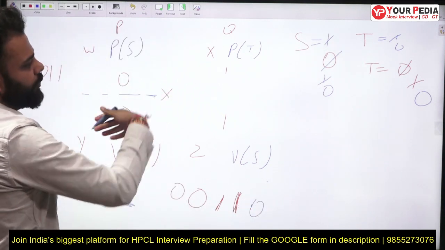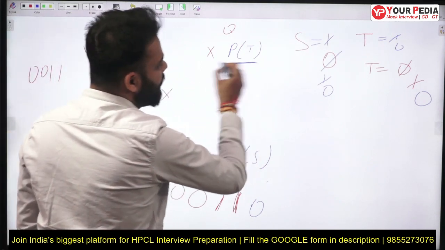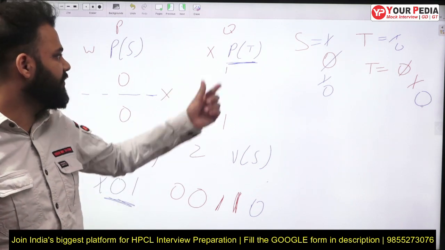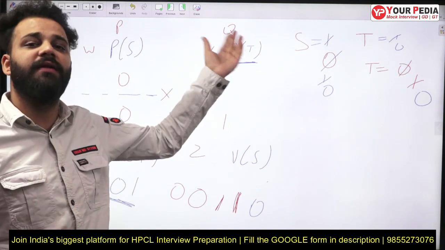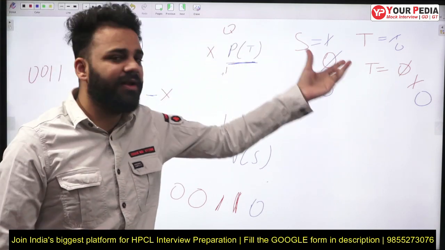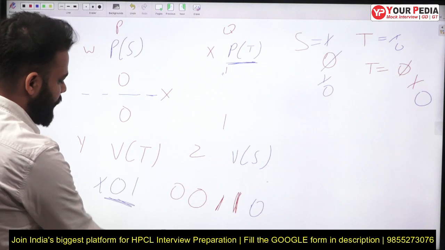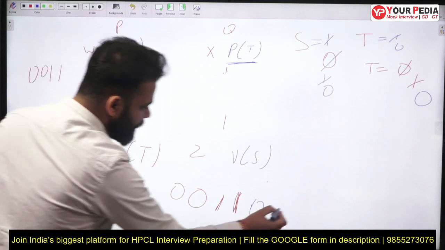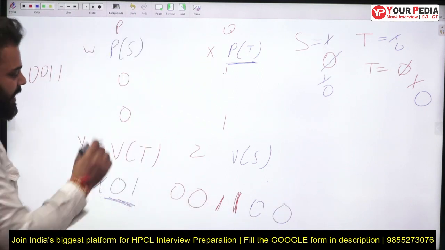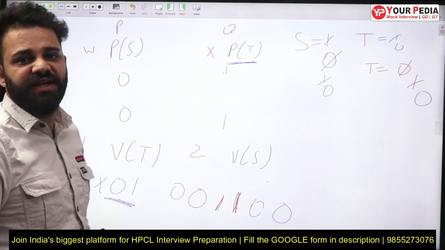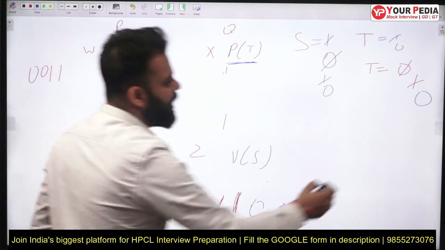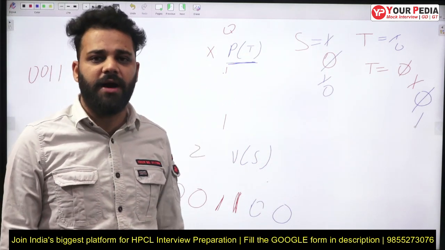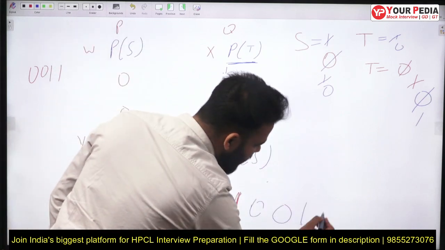Let's say after this 0 you want to preempt, and if you preempt, it will take P of T, and T was changed to 0 by this P of T in the previous segment. So P of T will again be suspended and you will not be able to preempt. So if you have not been able to preempt, the next 0 will be printed. When the second 0 is printed, the value of T will be changed to 1 by the V of T, the up operation. Now when it's changed to 1, P of T will be a successful down operation. Then you can print 1 1 here.